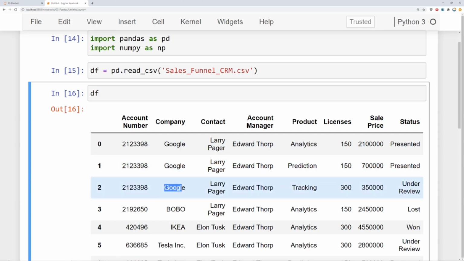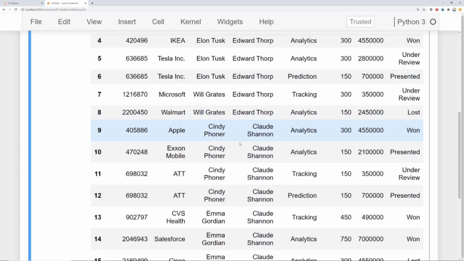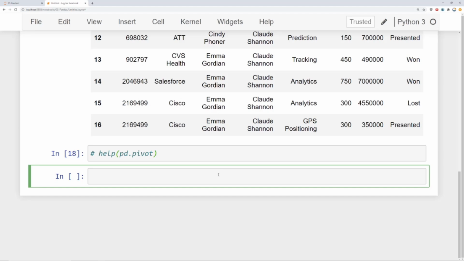So what we want to do is we want to know how many licenses of each product type did Google purchase. And currently it's a little hard to read this way. So let's go ahead and pivot to reformat. And the first step you should do is just select the 3 or a few columns you want to actually work with. And so what I want to know is the company, specifically Google, the number of licenses, and the product for each one. So we're going to come over here and just take a subset. We're going to call it licenses is equal to df, and then pass in that list of columns. I'm going to work with the company column, the product column,